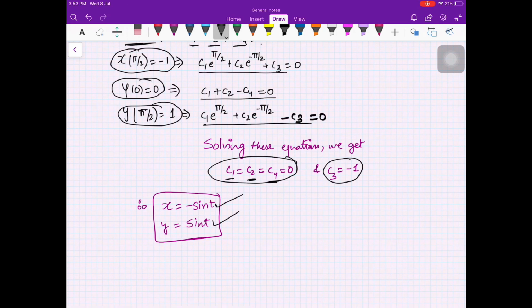So you see here, this is how you solve the Euler-Lagrange equation when you have two or more dependent variables. In that case you will get a system of equations which you have to solve. You can see that you need to know the concept of differential equations, because the Euler-Lagrange equation is a differential equation. You have to solve the differential equation, so you should know how to solve differential equations, right?